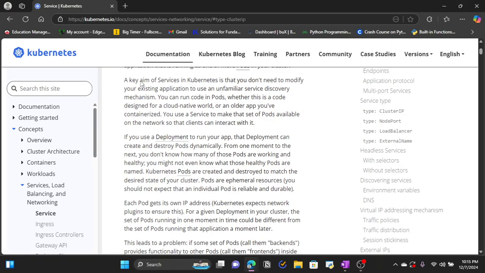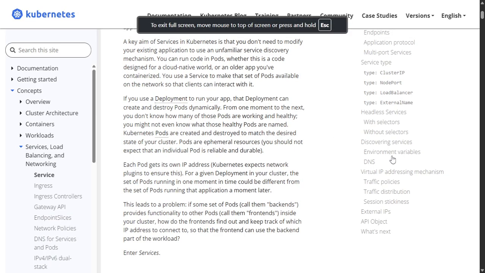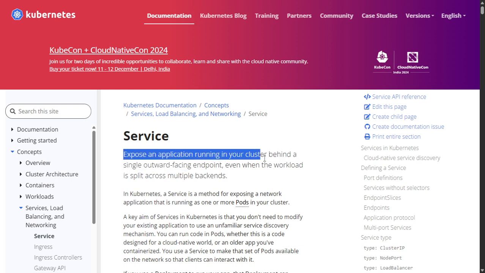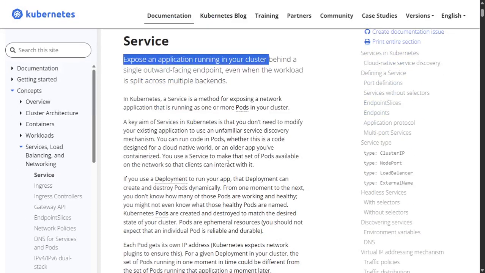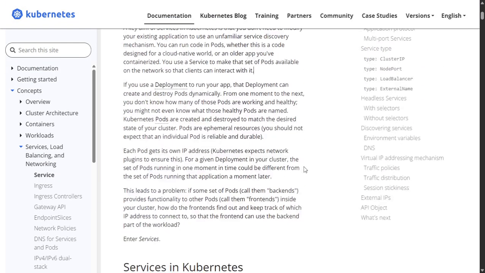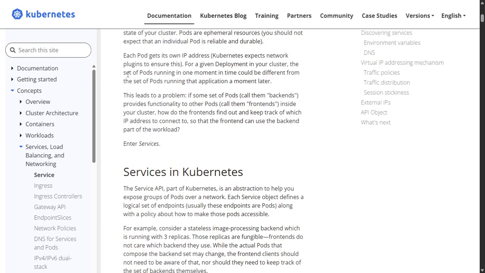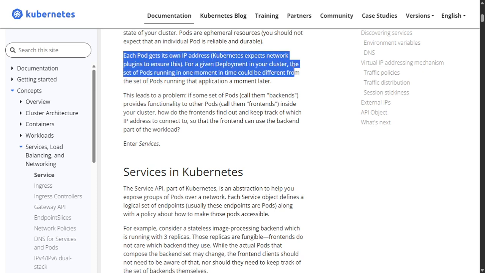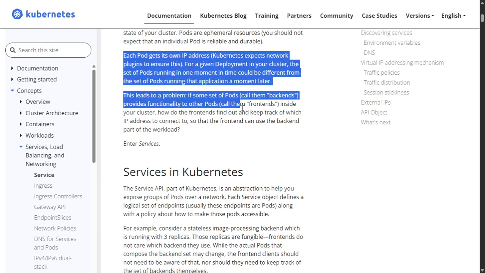the documentation. This is the official Kubernetes documentation, and we have services here. Let me just go through a bit. Expose an application running in your cluster. We have discussed this one. We also have discussed this part. You can have a read that each pod gets its own IP address for a deployment, and so on. It is basically saying